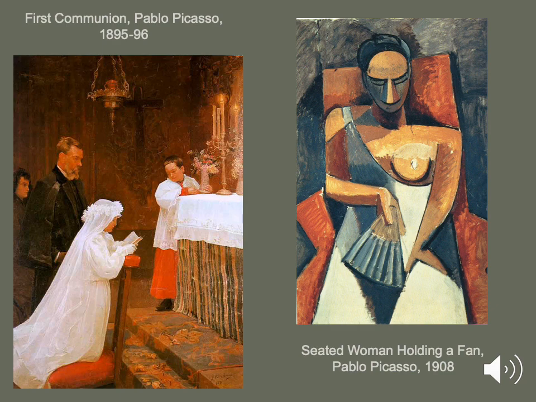Abstraction is representation that has been purposely simplified or exaggerated. So what has he simplified or exaggerated here? If you look at the woman's body, for example, things that are organically shaped, or shapes that exist in the natural world, have now become geometric. Look at her nose, it's kind of triangular. Look at her arms, they're cylindrical. Her breast is spherical. So those things have been simplified to create this more geometric feel of an organic object. And we'll talk about the reasons why Picasso develops this style when we get into the history section.